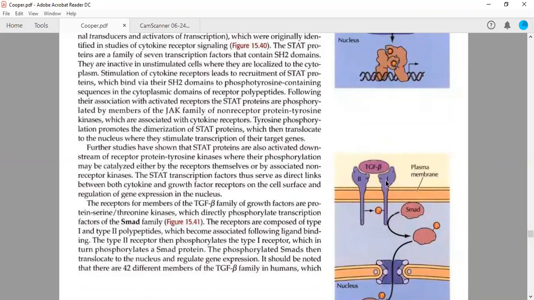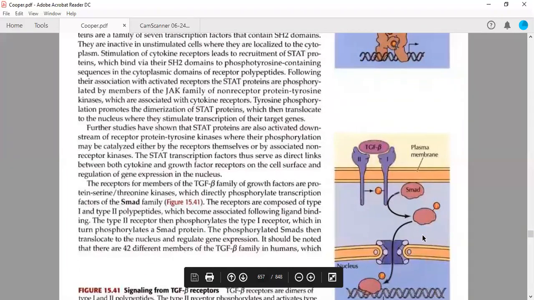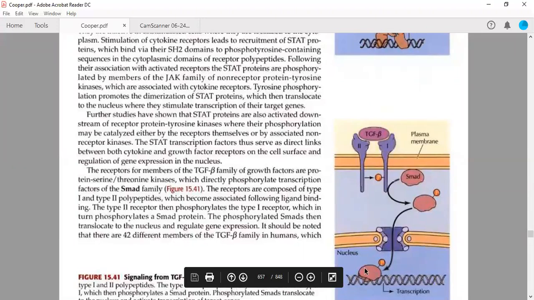So type 2 is activating type 1, and type 1 is activating the SMAD protein. So it is actually phosphorylating. After phosphorylation, it will again undergo some conformational changes and it will be activated. So this SMAD protein will be translocated inside the nucleus and will be able to activate the transcription of certain targeted